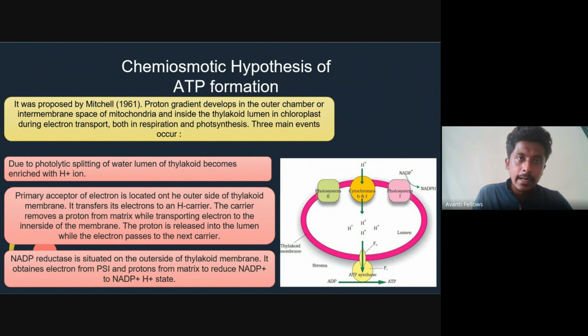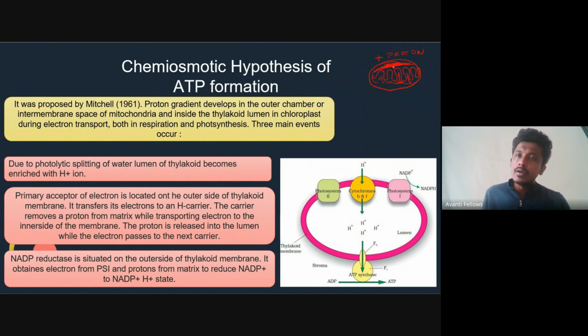How do mitochondria produce ATP? Mitochondria is called the powerhouse of the cell. It has two membranes, the outer membrane and the inner membrane. The inner membrane forms cristae. Within this inner membrane and the membrane space present between the two membranes, which is called the perimitochondrial space, the proton gradient, or the positive charge, starts accumulating between this membrane space and then the space within the